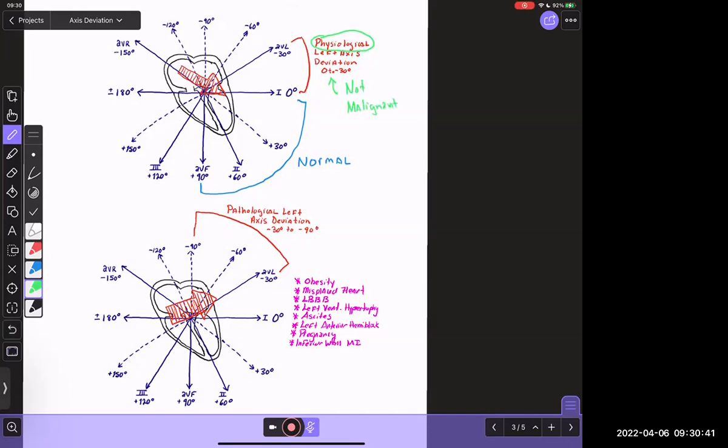Okay, so in the case of physiological left axis, all we're saying is that, yes, there is a left axis deviation, there is a left axis shift, but that's not really causing any problems. There are really no pathological consequences associated with this left axis deviation. And a physiological left axis deviation is defined as anything that falls between 0 to negative 30 degrees. Okay. In juxtaposition to that,